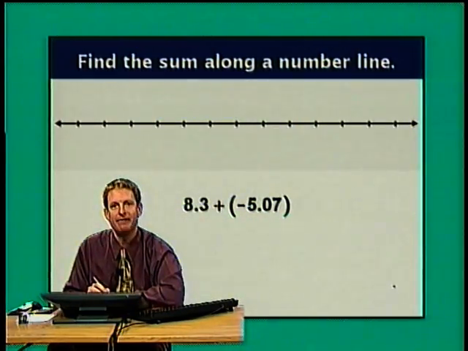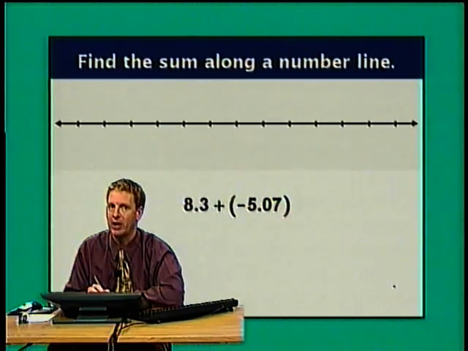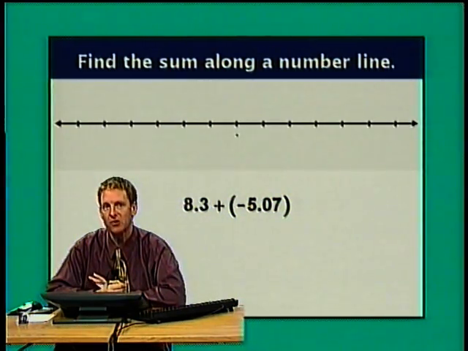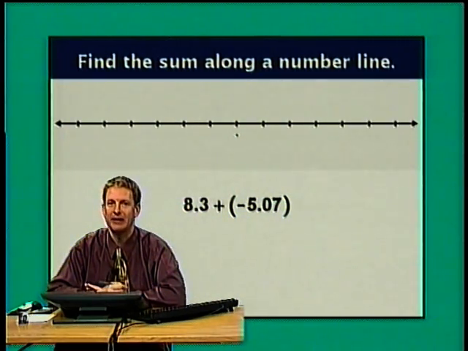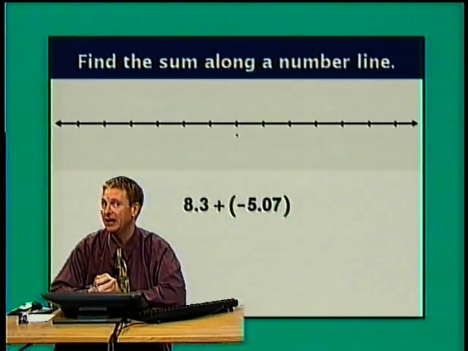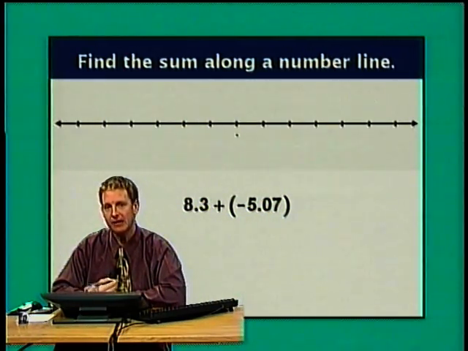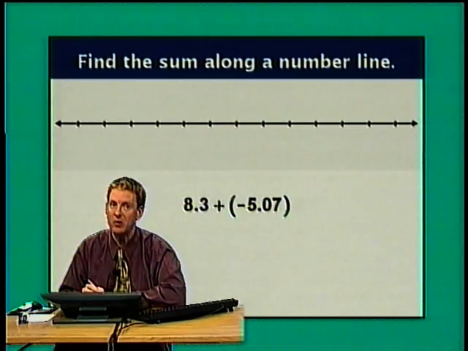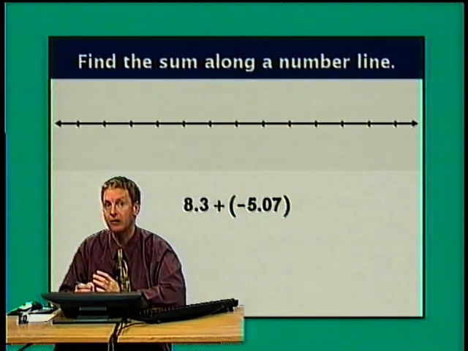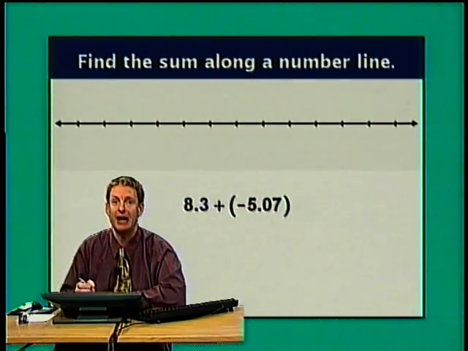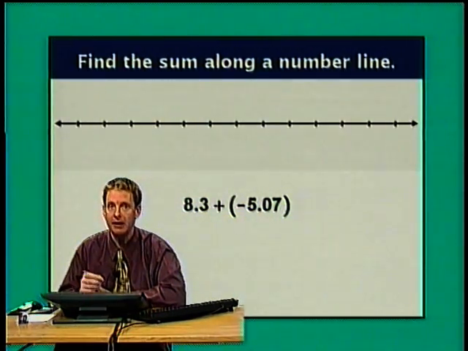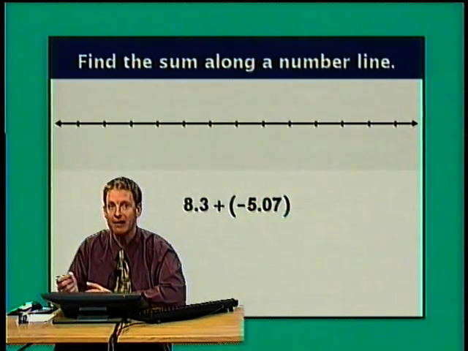Let's add -5.07 to 8.3. Again, I have no numbers or scale on my number line. So the first thing I need to do is figure out how I want to label the numbers and scale on my number line. I'm not going to be able to label it conveniently with quarters like I did last time because I'm not working with quarters. Since 5.07 is a decimal that's down to the 1/100th, the only way I'd be able to label my tick marks so that this sum ends up on a tick mark is if I use 1/100th as the scale.